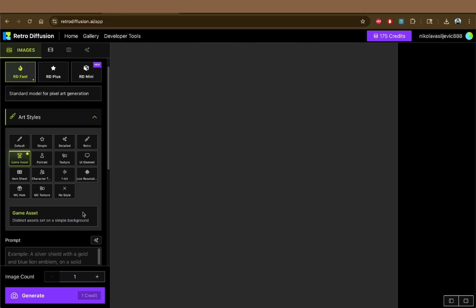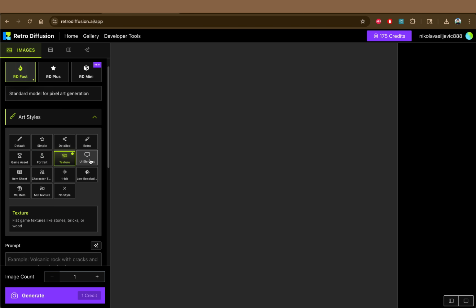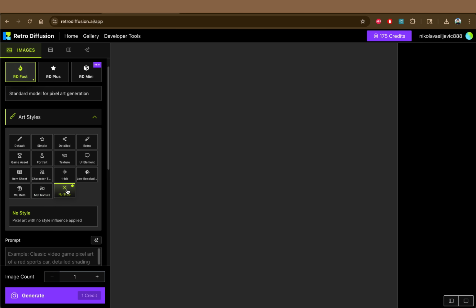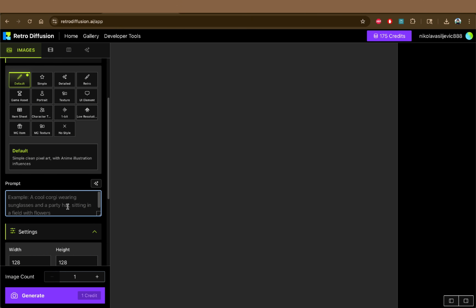They also have different art styles. So here you can just say, okay, I want this art style, and you can prompt whatever, and you get that art style. These art styles are pre-trained in that specific style, so that could help you a lot finding a certain style or whatever you're looking for. They also have this expand prompt button, which is pretty cool. I have to admit, that's an amazing tool set to have,